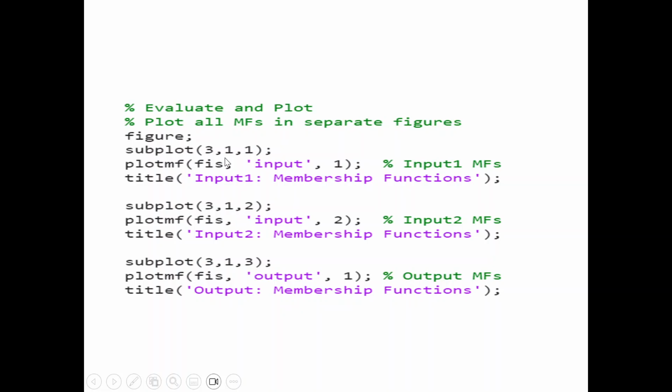I told you that we try to send what we have created to the workspace, and we found it in the workspace. At the command window, I told you that you can put output equal to evaluate, because the workspace happens to be where